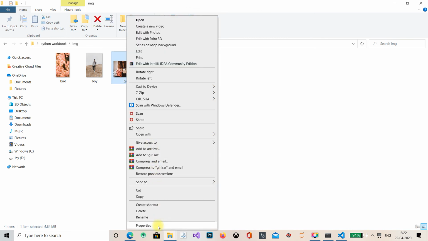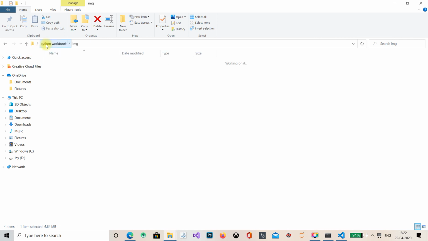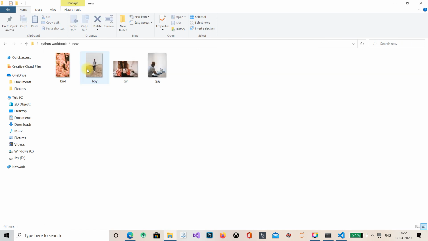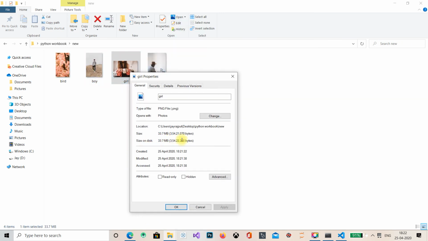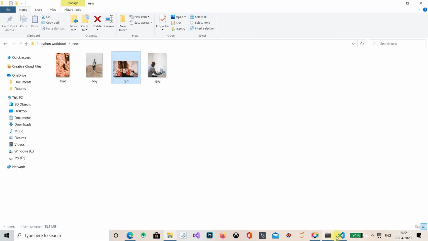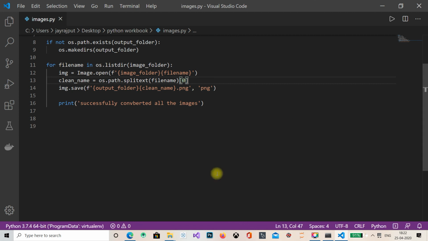And wait, properties, .jpg 6.64 MB, and let's check our converted file. So the converted file is 33 MB, guys. Can you see this? Oh, I spelled it wrong.